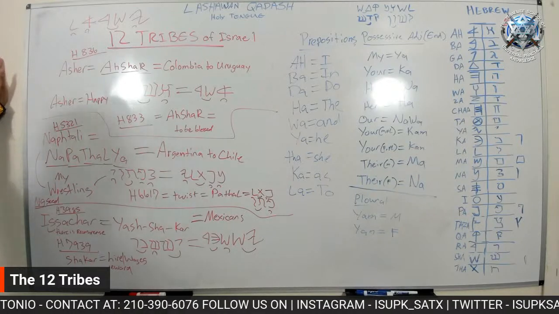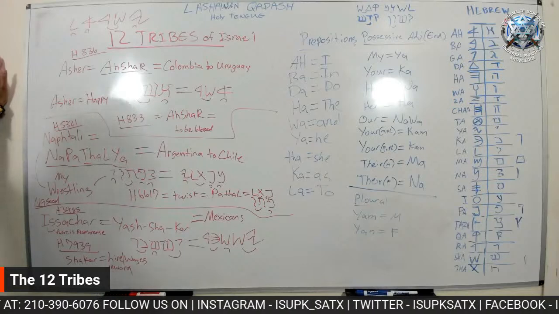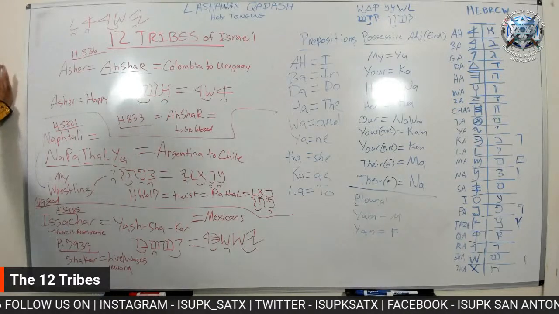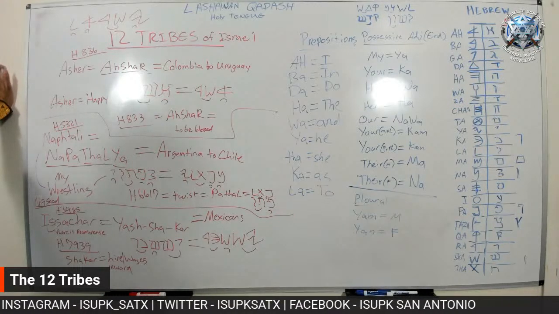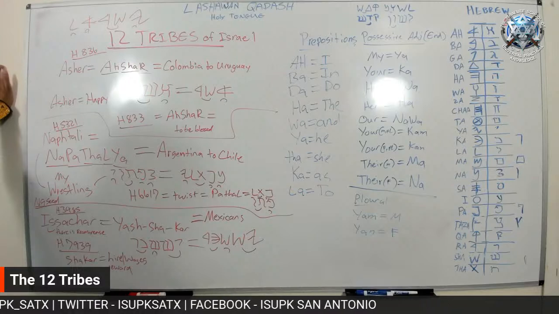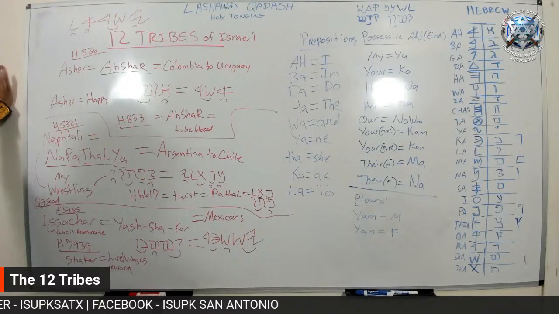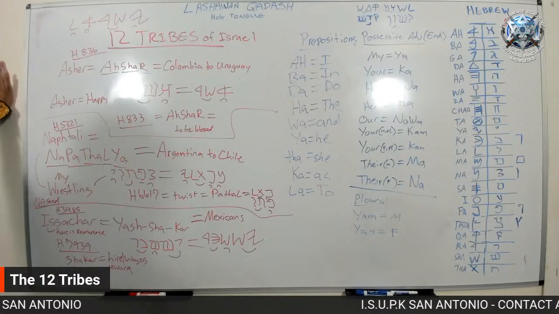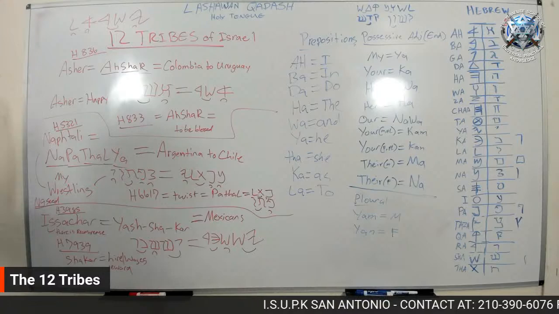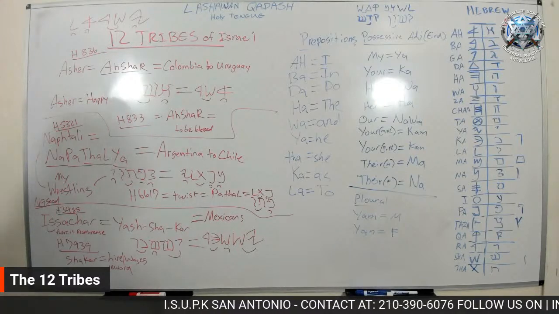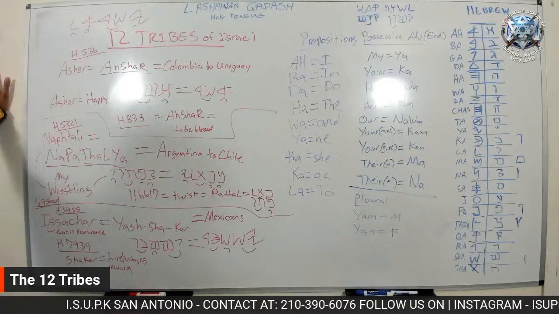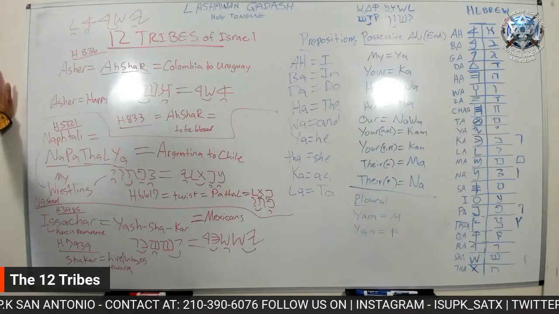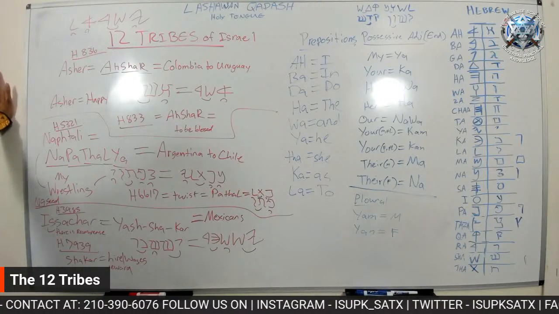They're a lot more than just that, because they were also some of the wisest among Israel. The scripture also says that Issachar knew the times and what men ought to do, because they were valiant in war, kind of like the Gadites were, and they also understood how to read the skies and understand what time of the year it was to grow crops and things like that. You heard of the Aztec calendar?